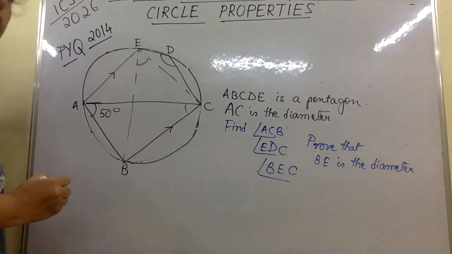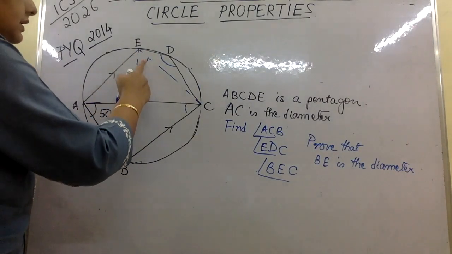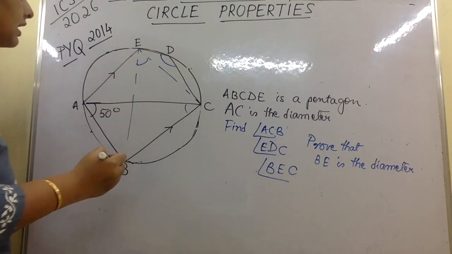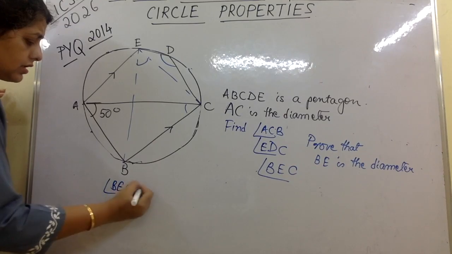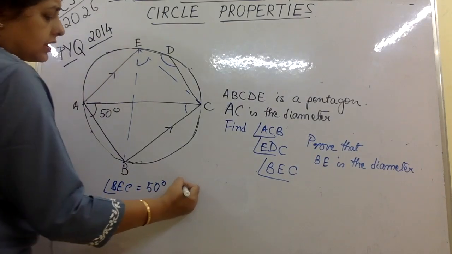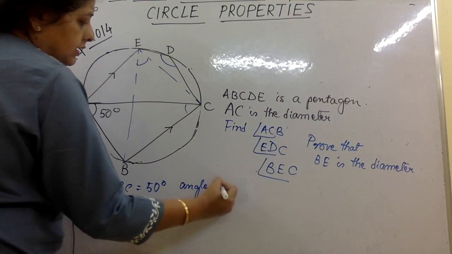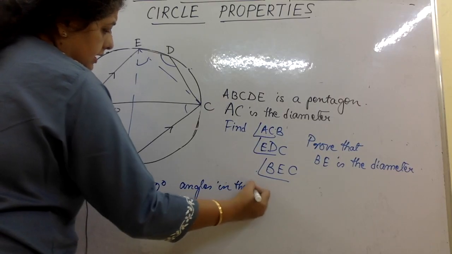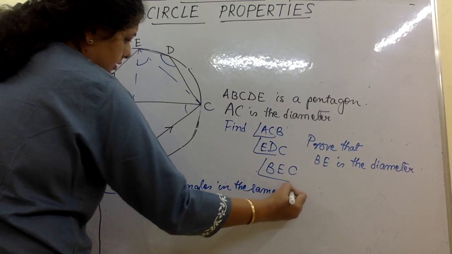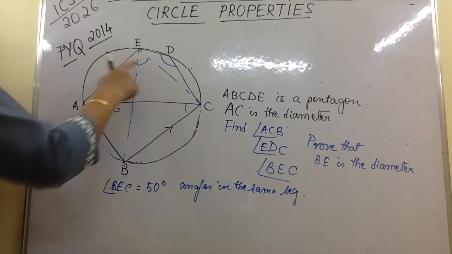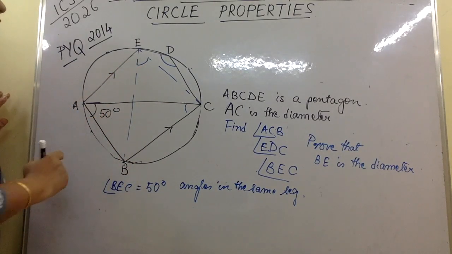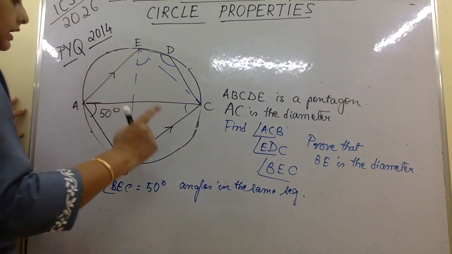Okay, so you have to find this angle BEC. I can see very clearly in the beginning only, say this is equal to 50 degrees, angles in the same segment. Okay, that I can see clearly. Clearly BC is holding up 50 degrees, because they have given this as 50. Okay, now we want angle ACB,